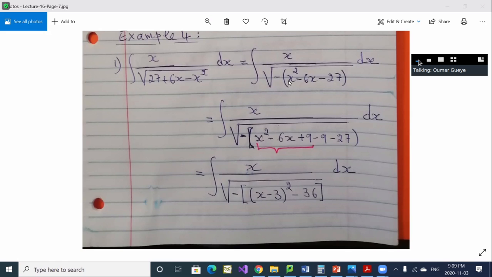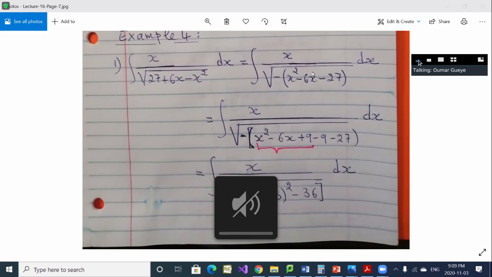And as I told you last week, when you want to complete the square, you identify A and B, and you find the missing part. So here A is 1 because the coefficient of x squared is 1. So that's why the coefficient of x squared is A squared. So when A squared equals 1, A equals 1. And so if A is 1, this should